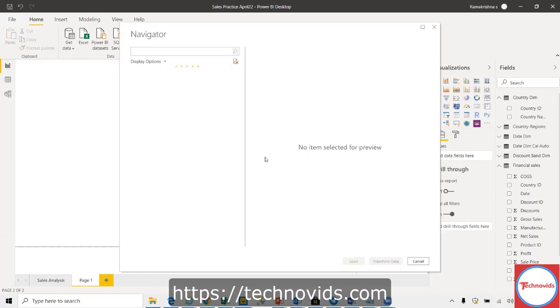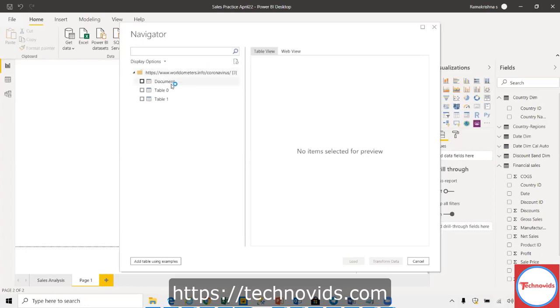So what it's doing is it's connecting to that portal right now, similar to how I connected using a browser. Power BI is connecting to that particular web portal and trying to see what kind of data is there in that web portal. You can think of it as reading that web portal. So it has come up with the results now.